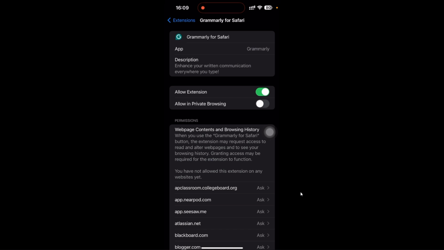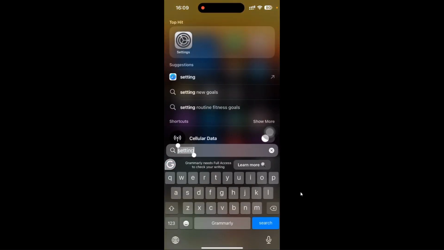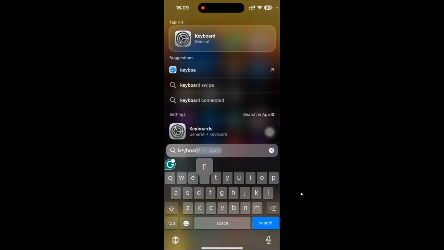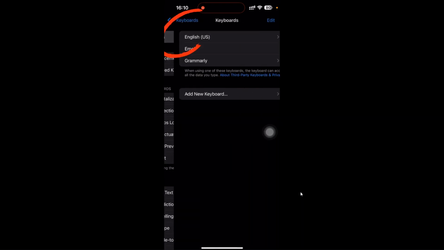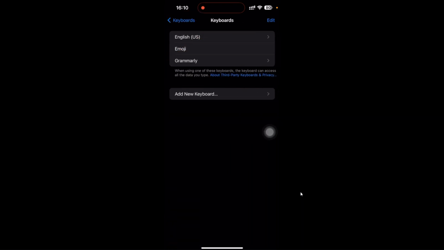Right after that, you can search for keyboard here and click on this. In the top you can see keyboards. Just click on this and here you can see English, US, emoji, Grammarly. So just select Grammarly and here allow full access